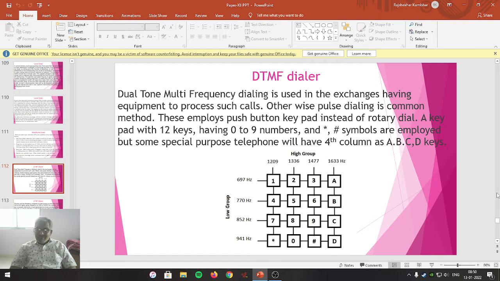When you bring that number up to the stopper, the circuit will be broken. When you release it, the internal circuit gets connected. And when it is connected, 10 pulses of high current are passed in 1 second.